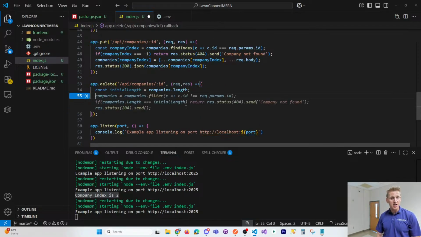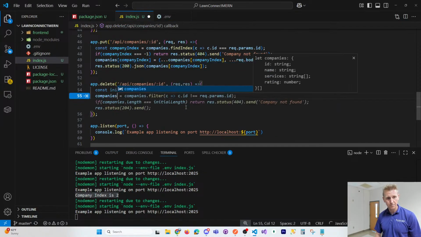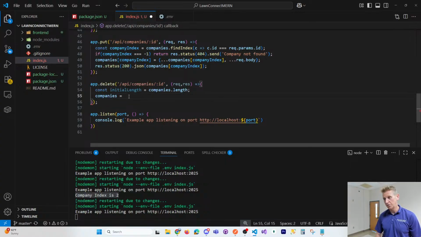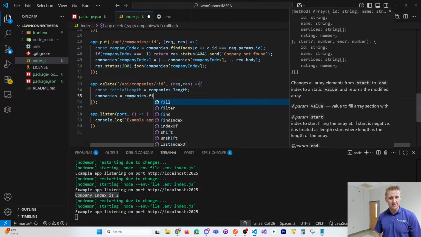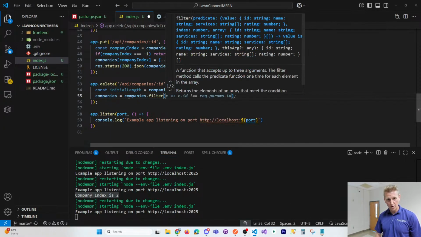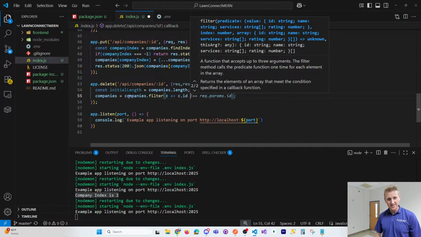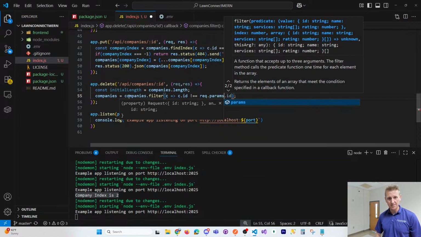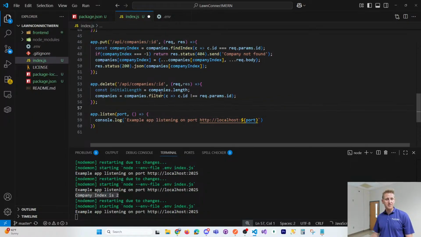And then I used a filter. So I reassigned the companies array equal to a filter method, companies.filter, where the company's ID is not equal to rec.params.id. So basically, this filter